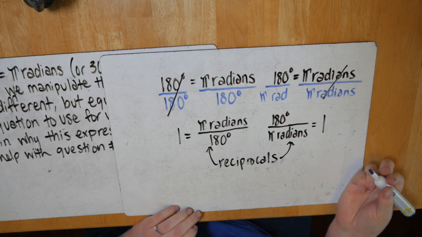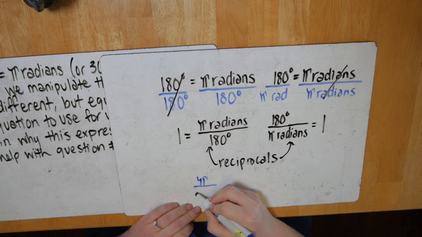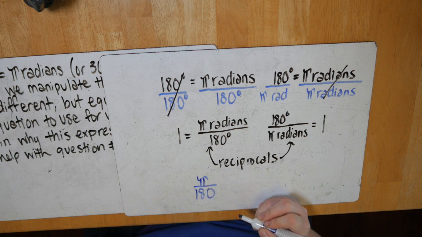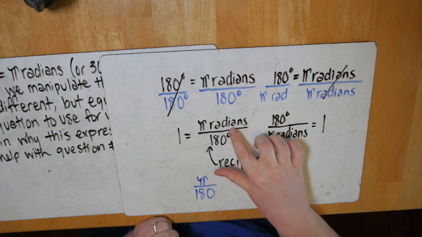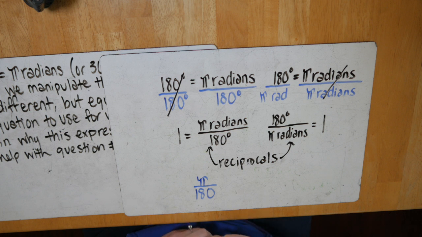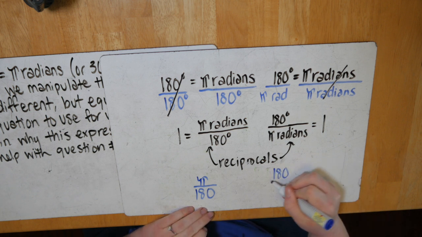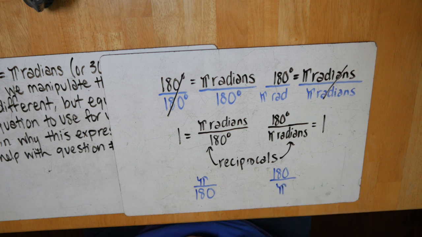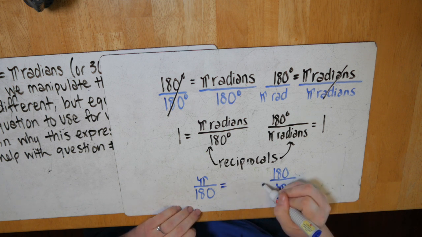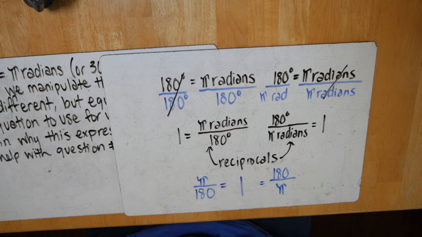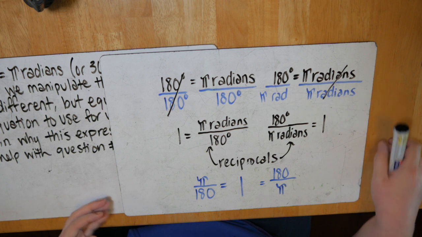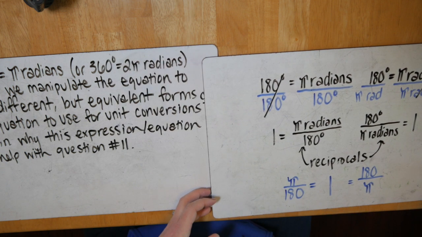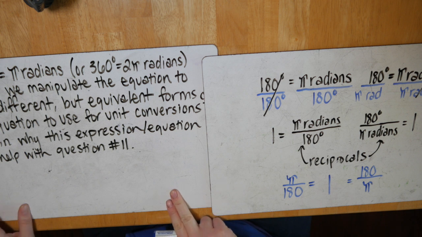So we have pi radians divided by 180 degrees, which you can and will see people start to sort of drop the units of radians and degrees. And again, the reciprocal of that, 180 degrees divided by pi radians, are both equal to 1 and can be used to multiply by numbers to change the look of the number, but not the value of the number. So as we move to question 11, keep in mind